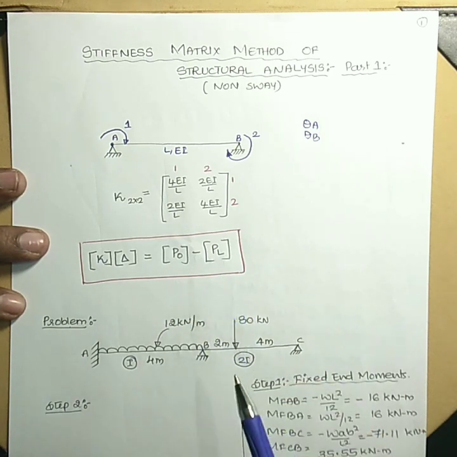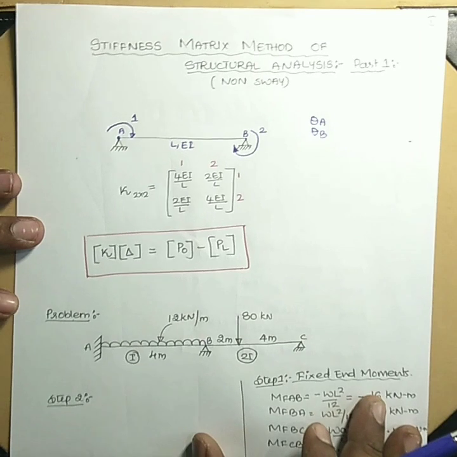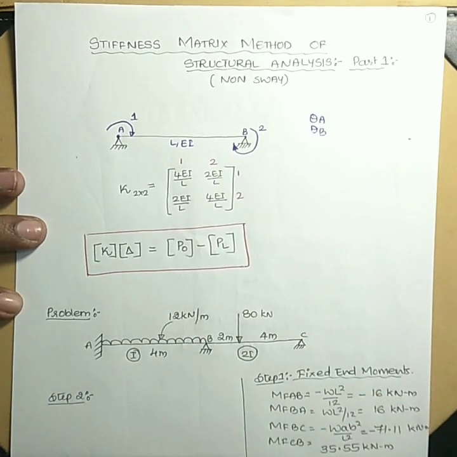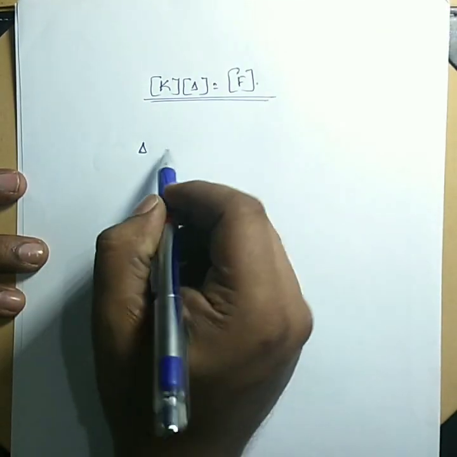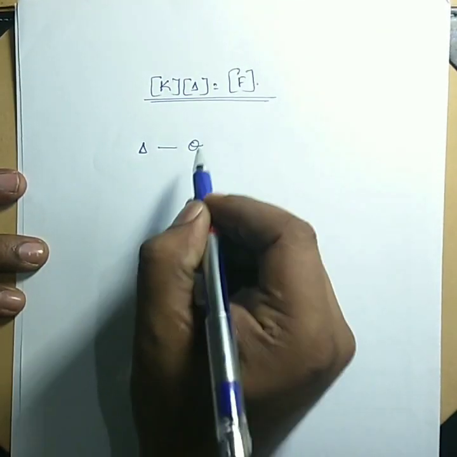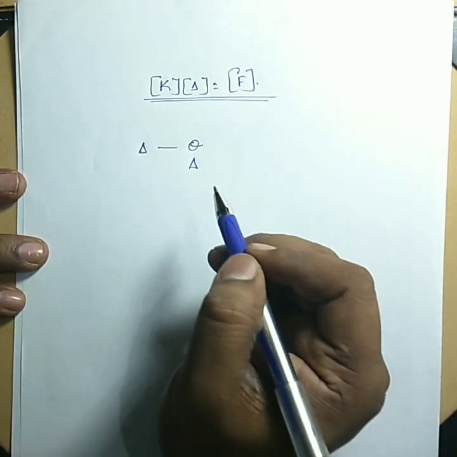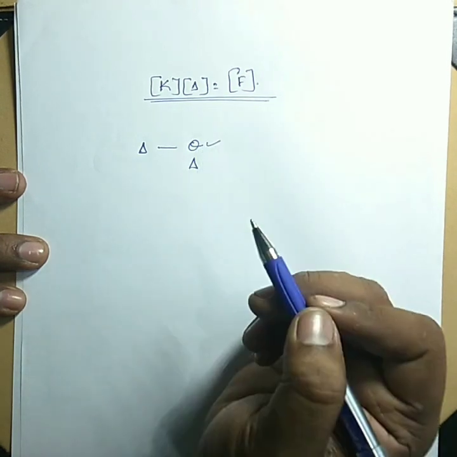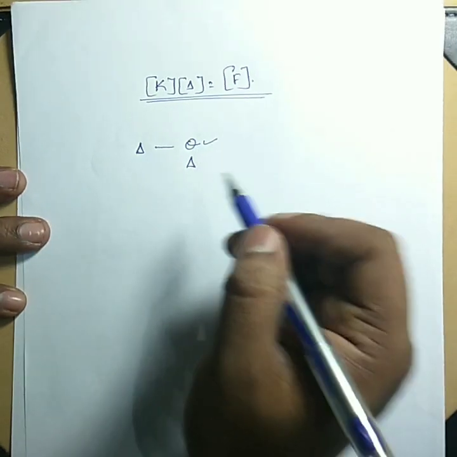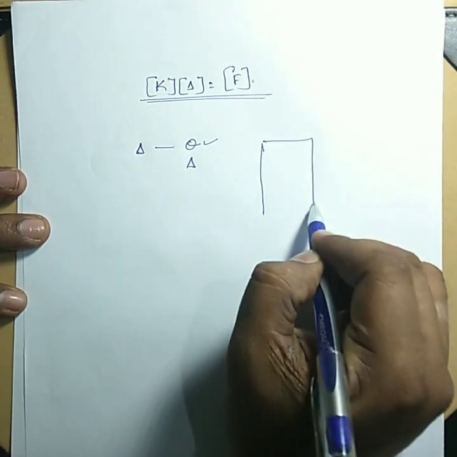We'll go with the problem, and when we solve the problem, you can clearly understand what is P naught, what is PL. Before going to the problem, first thing you have to note here is, here delta means it may be theta or it may be delta, or horizontal displacement or the vertical displacement, or it may be a rotational displacement. For example, if you have a frame like this,